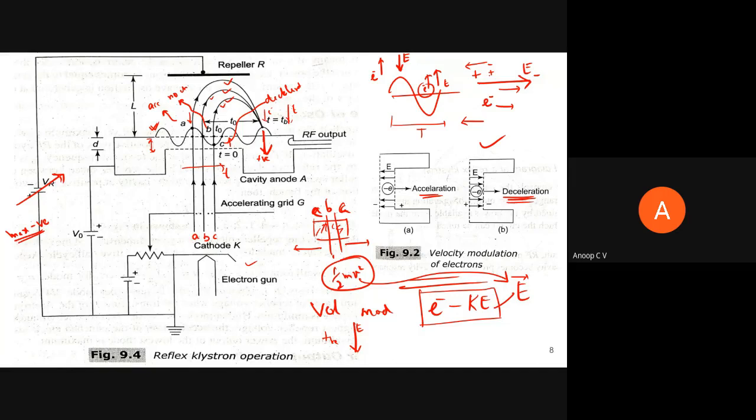Then, for all values of VR, we will not get sustained output. We only get it for those values of VR which cause bunching at the positive peak. Only then will we get sustained oscillation. So you can slightly reduce the negative potential, and then you will see the first mode. Further reducing it, in between you won't get any output, and then you will get the second mode. Next we are going to discuss the first mode, the second mode, and what a mode actually is.